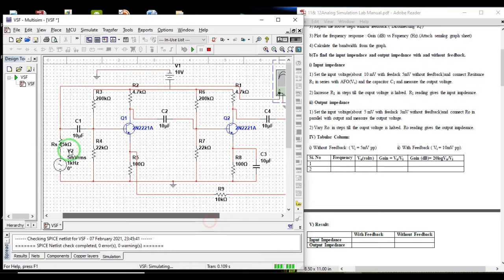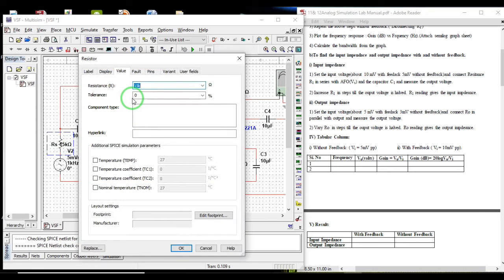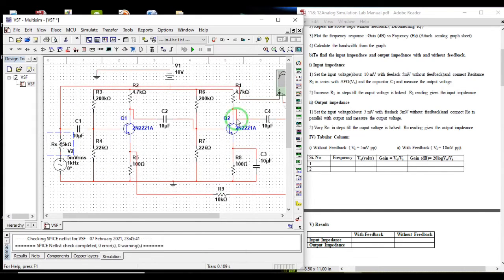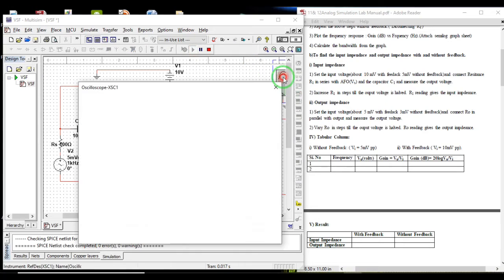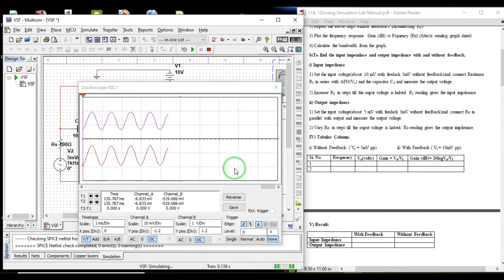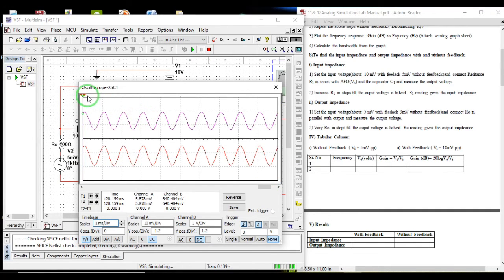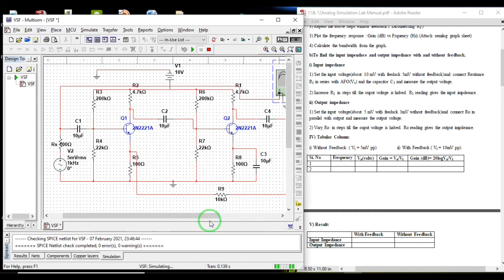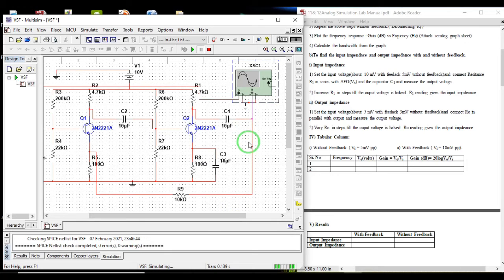So what you have to do, go back to the same values. Earlier value was 100 ohm, correct. Run it, and yes, you have got it almost the same. Peak to peak I am measuring 1.27. So half of this is again 0.65. You have to put a resistor at output side. So for that, the procedure is,